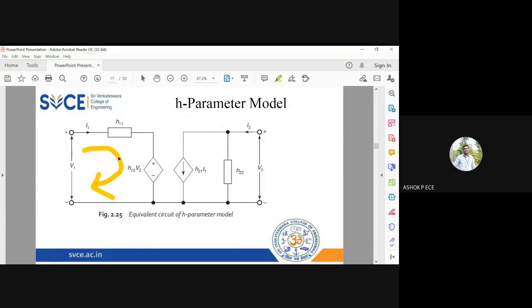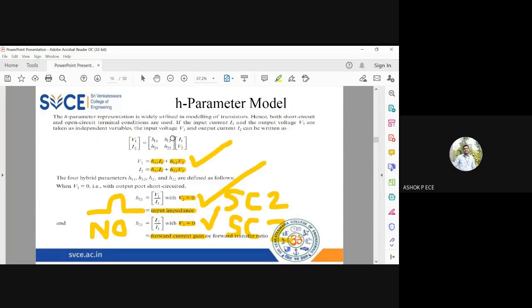That's why they are called hybrid parameters, because on the input side everything is in series, and on the output side everything is in parallel. On the input side I have a dependent voltage source, on the output side I have a dependent current source. And since the current is flowing towards the network, the current direction will be down. Here also the current direction will be going from top to bottom. That's why this has a polarity plus: current entering a node is positive, leaving a node is negative. Anybody having doubts in this diagram? This diagram is just the representation of the two equations.